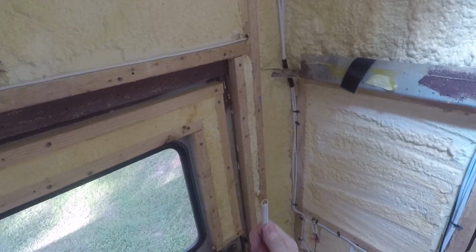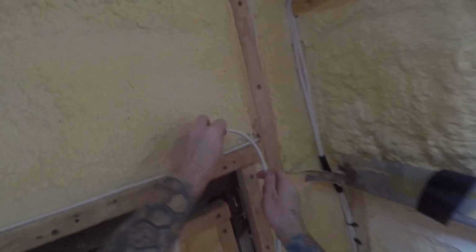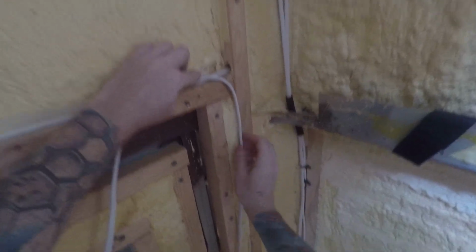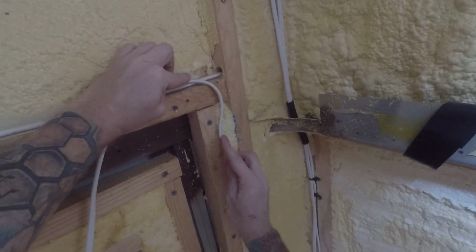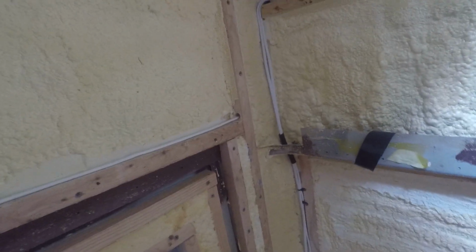Okay, so I took the end of the cable, and I know it's gonna be coming out here around the door, and here I'm gonna have a dividing wall that's gonna be for the back area. It's gonna be a small garage, so the wires are gonna go into that wall. I'm gonna drill the holes into the framing, so I gotta put this in here